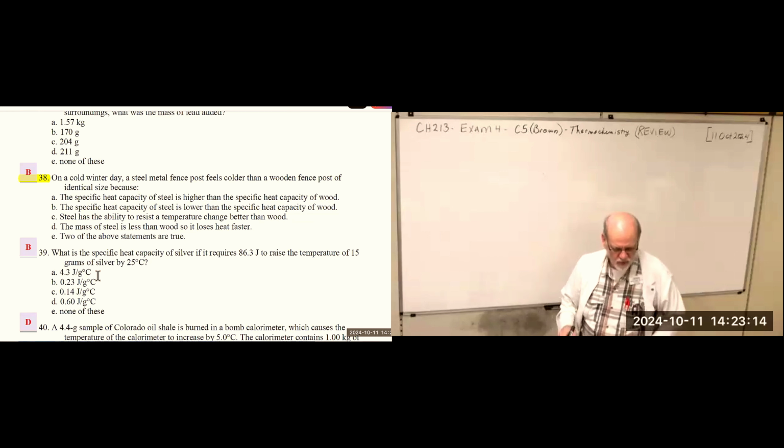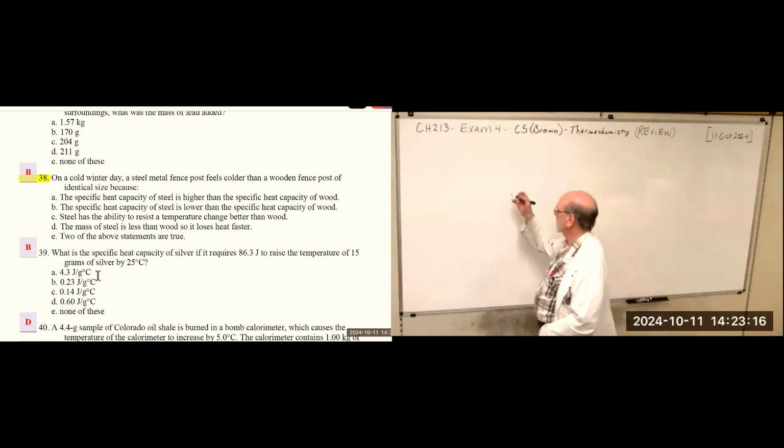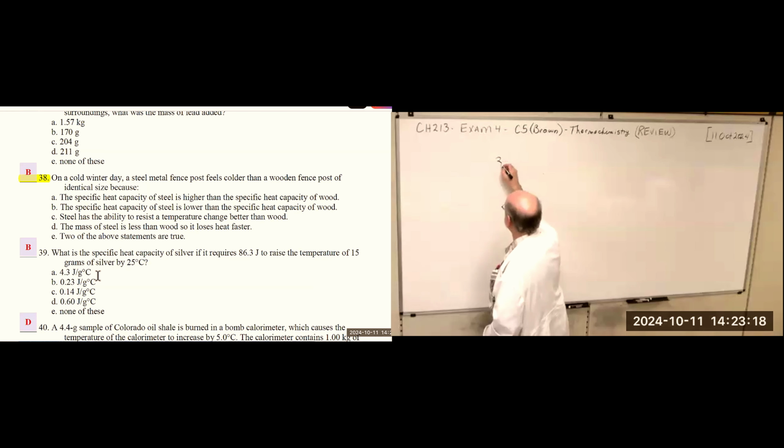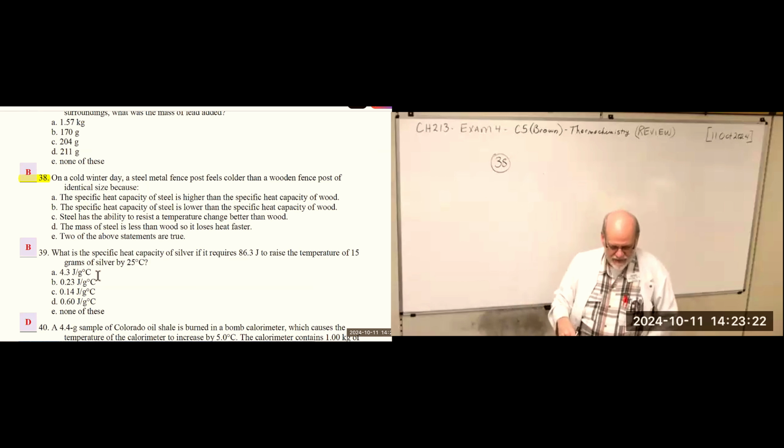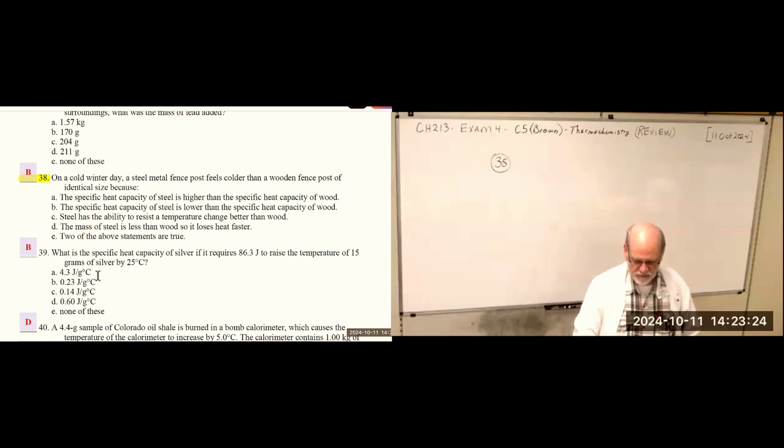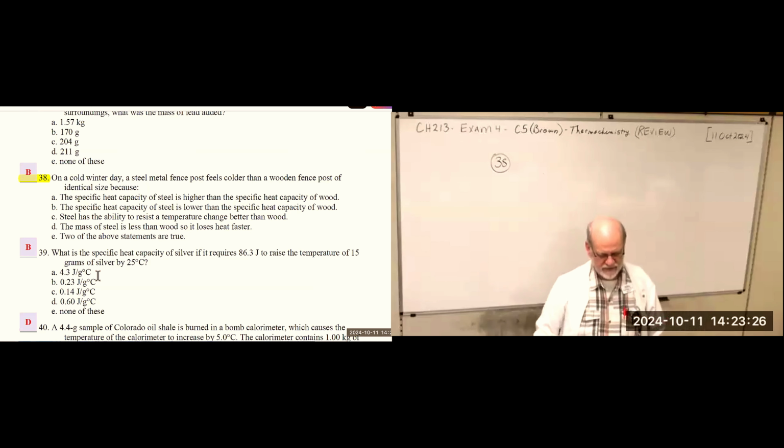All right, 38. On a cold winter day, a steel metal fence. Now, this one takes some imagination. A steel metal fence post feels colder than a wooden fence post of identical size because, okay, if you,